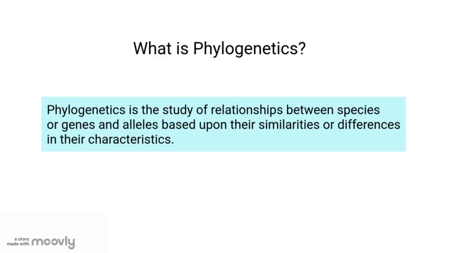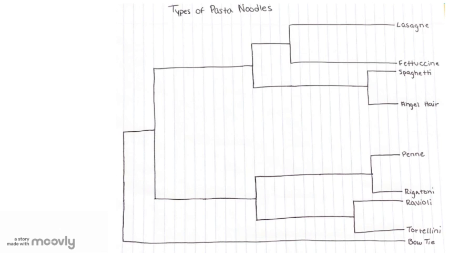Phylogenetics is the study of relationships between species or genes and alleles based upon their similarities or differences in their characteristics. Below we have an example phylogenetic tree of the types of pasta noodles. Each type of pasta noodle is an OTU, or an operational taxonomic unit. OTUs are typically a species or even a strain of virus, but in our example, it will be the type